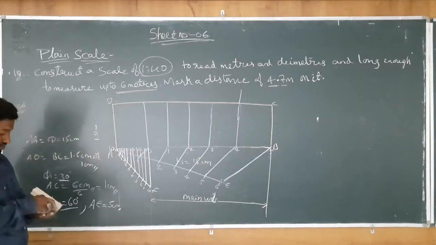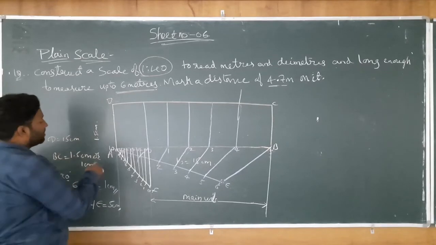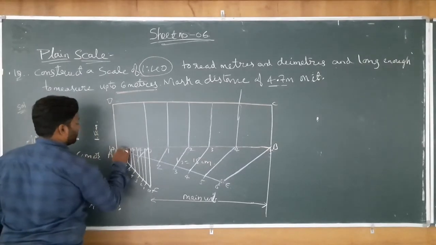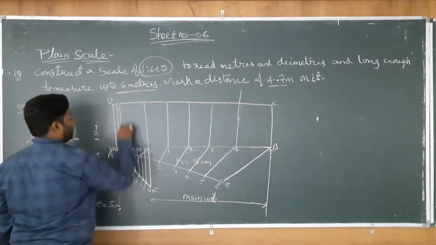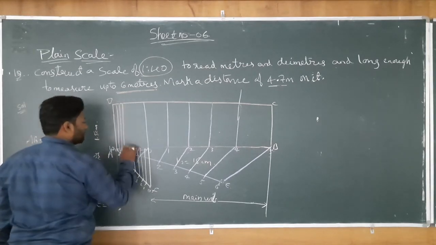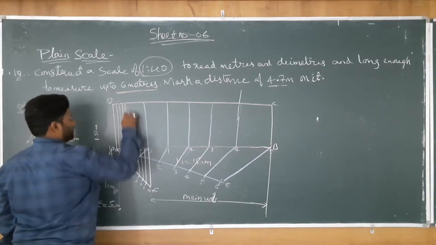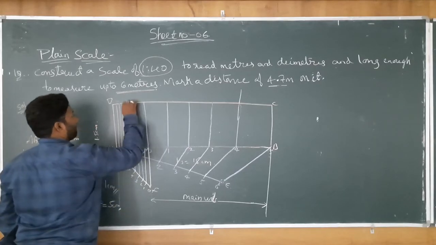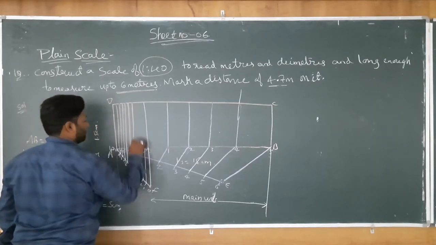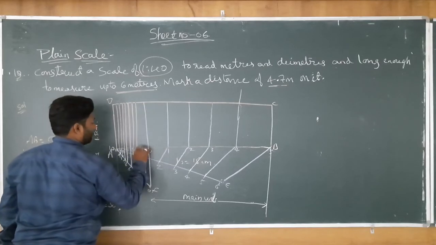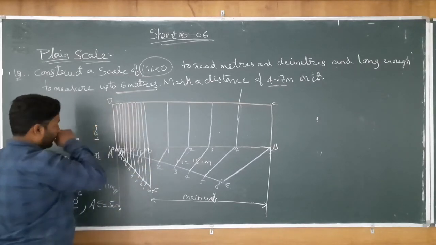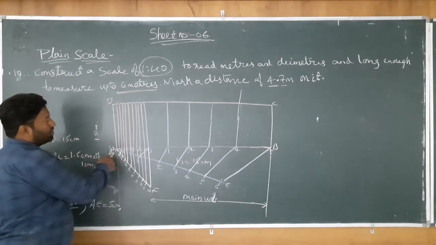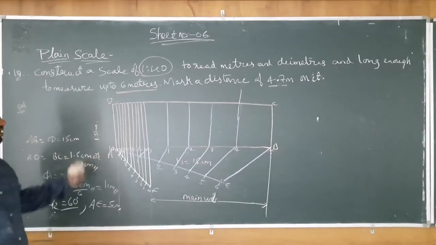After that we have to draw a straight line, or perpendicular line, to AB with the help of the scale. With the help of the scale we have to draw this straight line from the point where we have marked this. So here from 0 to 10 I got it. Now I have completed the diagram part.